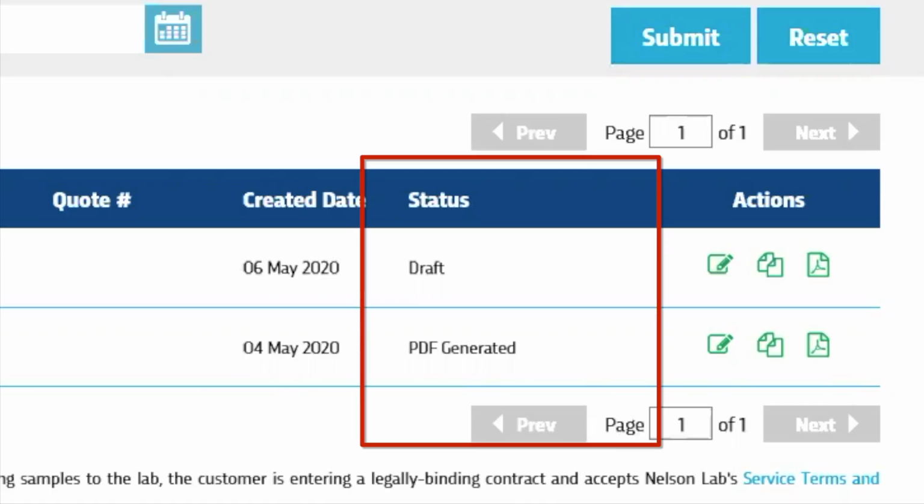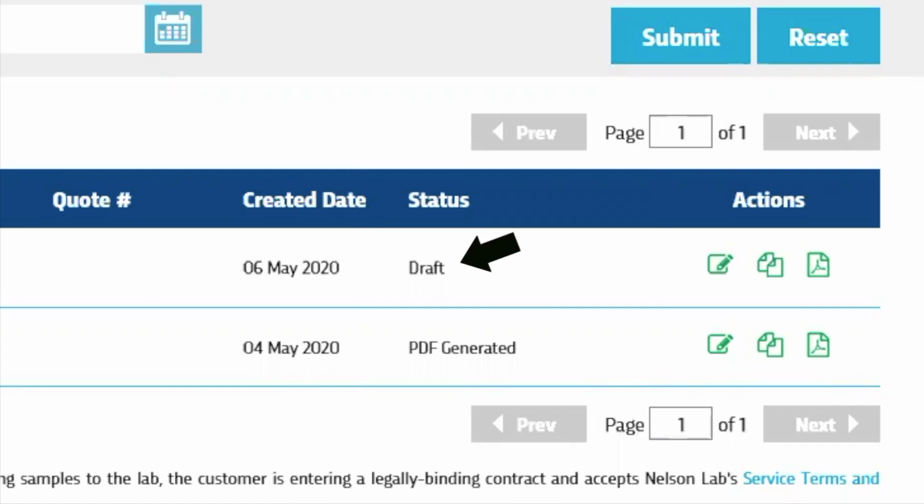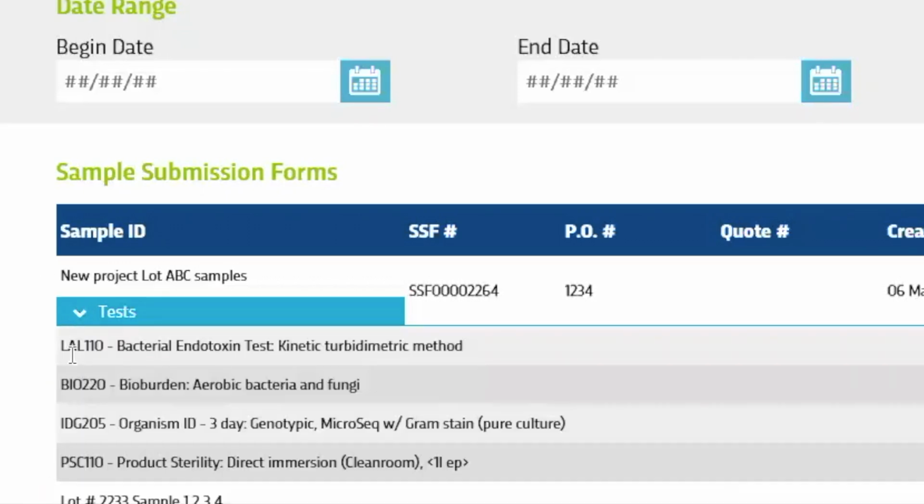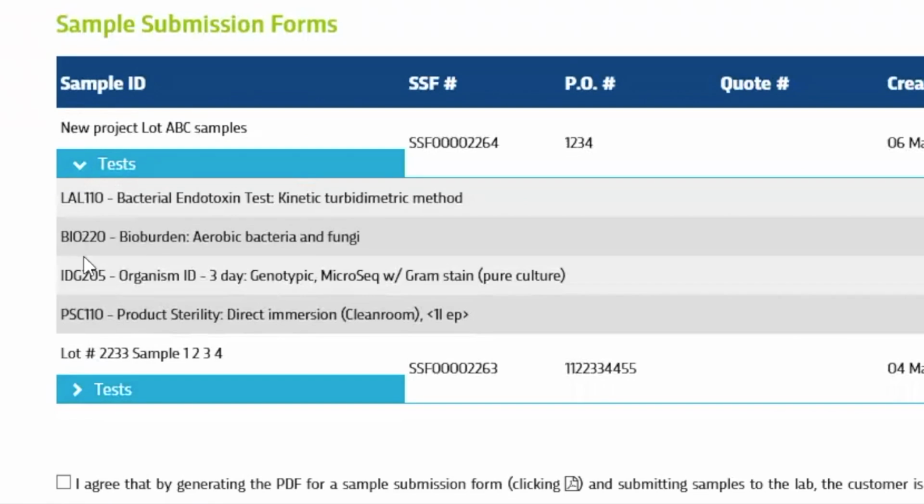The status of the sample submission form indicates where the form is in the process. Draft indicates that you have saved the form but have not generated the final PDF. Draft allows you to save the information and return to complete the form at a later time. The sample submission form list can also expand to view tests requested on the form without actually opening the entire